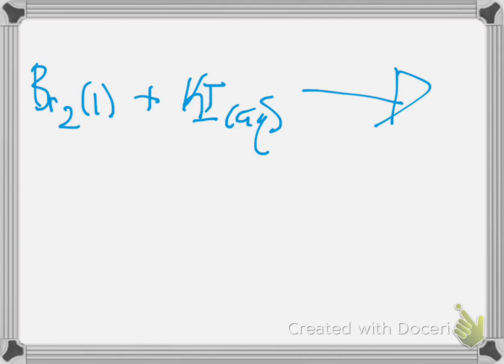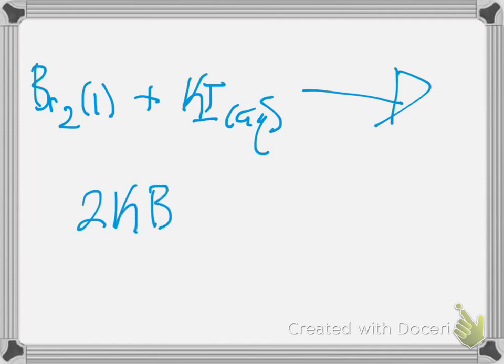displace the potassium? Or are we thinking, will it displace, I think it'll displace the iodine. Yeah, because bromine is also a halogen, so it's going to replace it. So the bromine, will it replace the iodine? If we look at the activity series, we see that bromine is more reactive than iodine, which means it will replace it, and we would wind up with